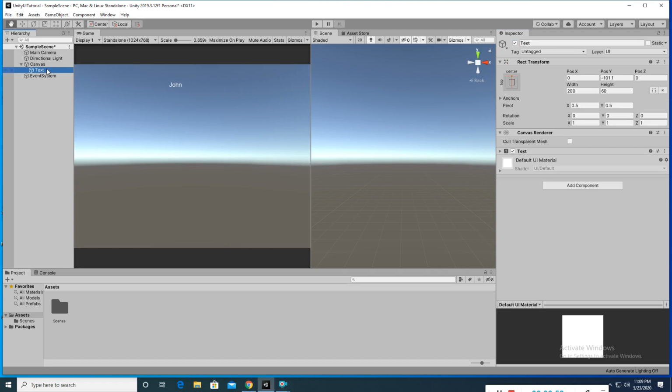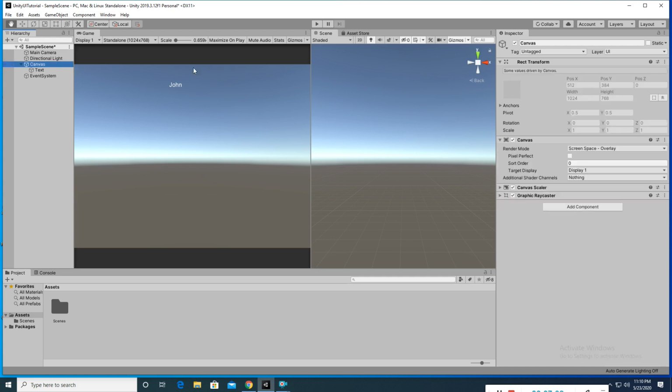Whenever you are creating any UI related component, it comes with the default camera, no issue. If no camera is available, there is no issue with the rendering. It's fine. So this component is drawing on the screen, not in the real world or with the camera. Whenever I select screen space camera, it means the component is drawing on the screen space, but it is dependent on the camera.